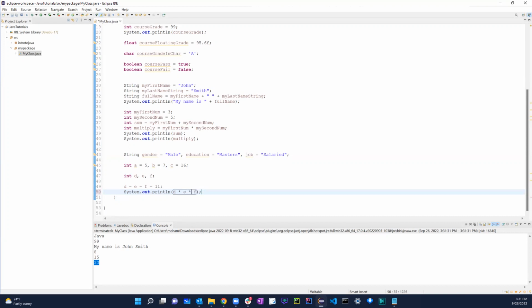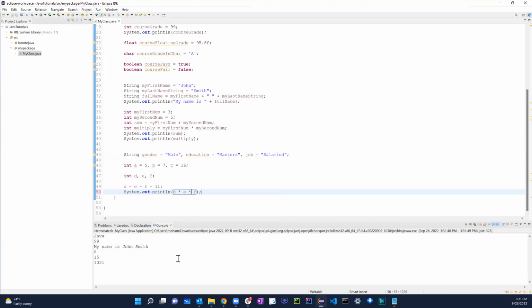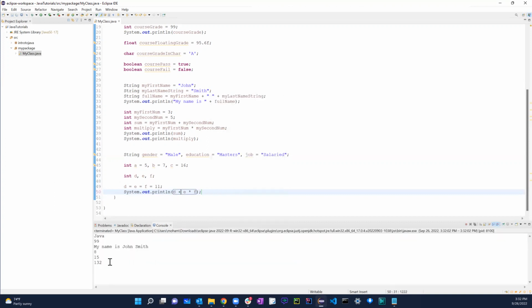If we want to add something, this will just multiply first and then it will add. So it's 132, right? Basically it uses PEMDAS, which is the parentheses, exponent,